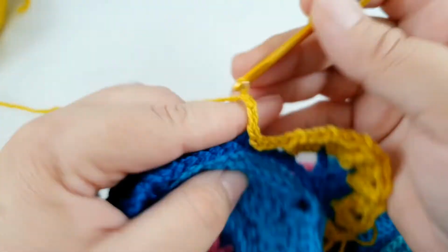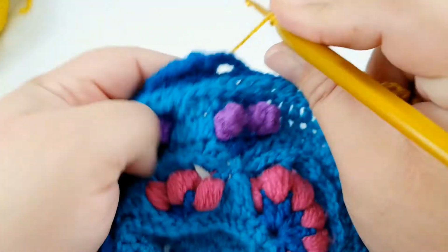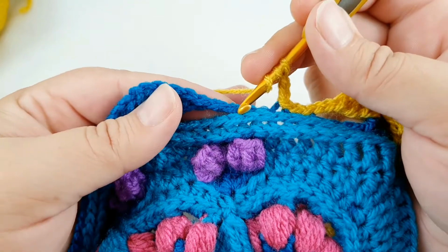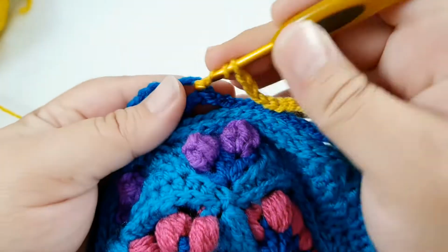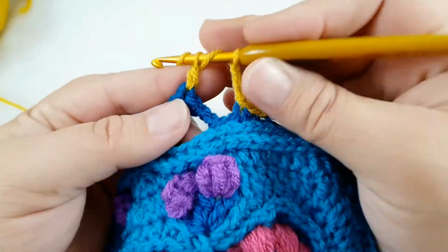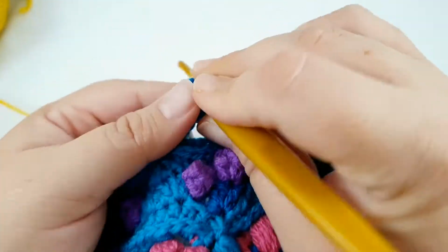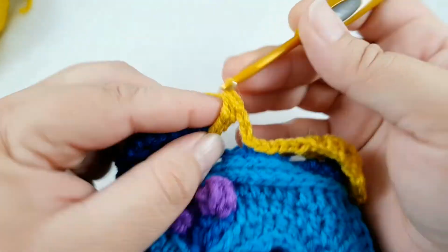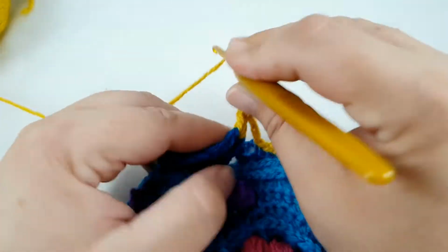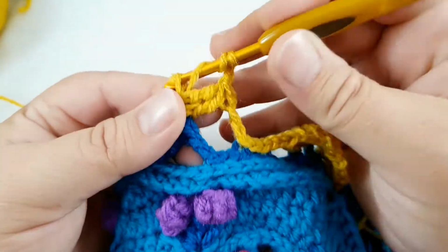chain 2, skip 2 slip stitches, 2 chain and a treble, and then we want to make a treble cluster in the next chain 2 space, chain 2, treble cluster into the same space,